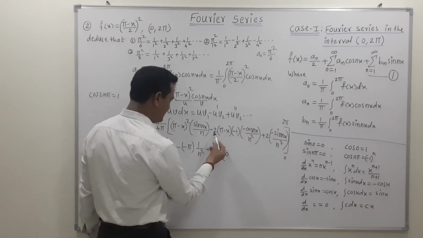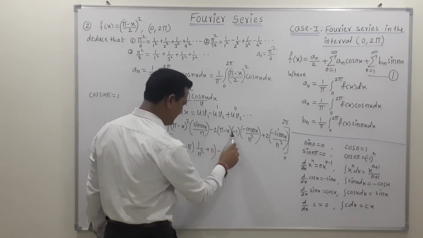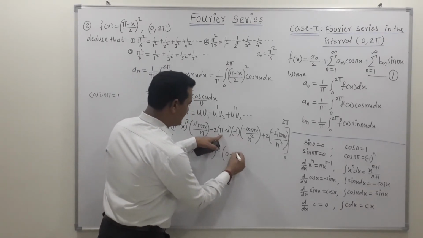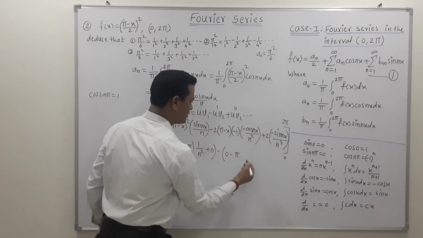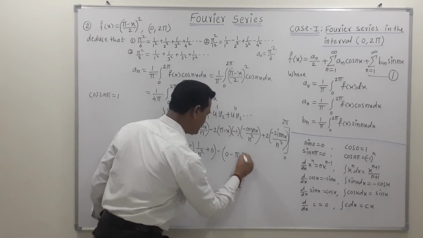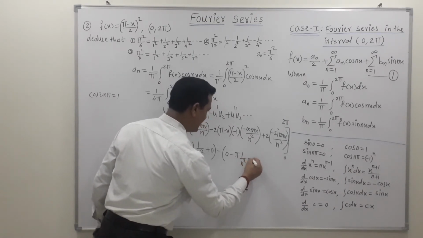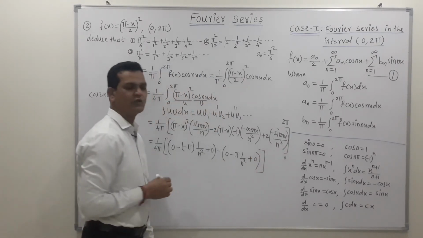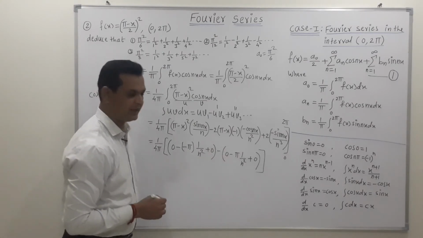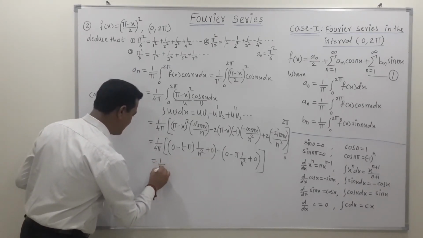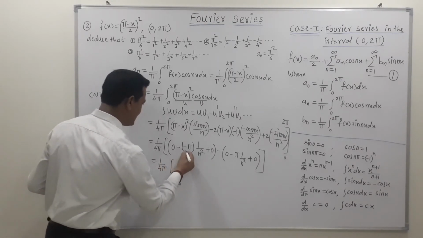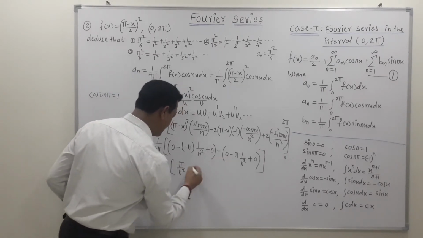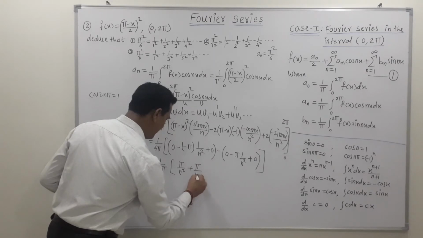Now friends, again for this term, minus becomes plus, again this is minus. If we put x equal to 0 here, we get pi into cos of 0, and the value of cos of 0 is 1, so we get 1 upon n square. Then the next term is again 0, because sine of 0 is 0. In this way we can directly put in the upper limit and lower limit values. Now simplify once again: 1 upon 4 pi, then minus plus gives pi upon n square, and again minus plus gives pi upon n square.